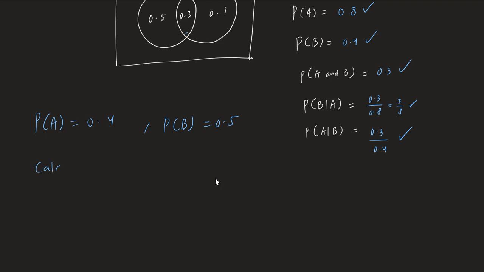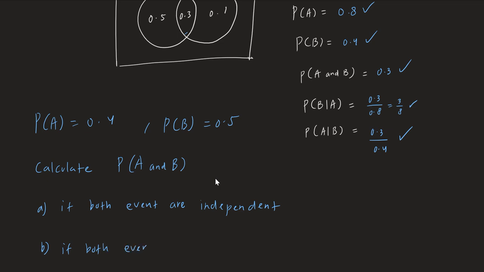Calculate probability of A and B. Why is my handwriting like this? Don't worry, you're writing just fine. Calculate probability of A and B if both events are independent. If it's independent, then it's probability of A times probability of B. Yes. But if it's not independent,